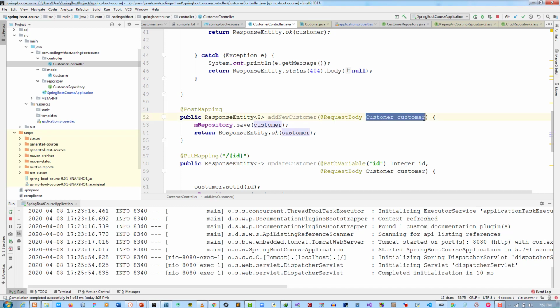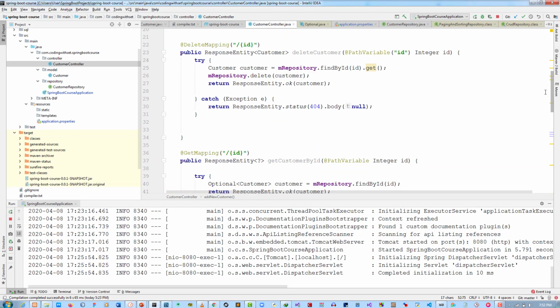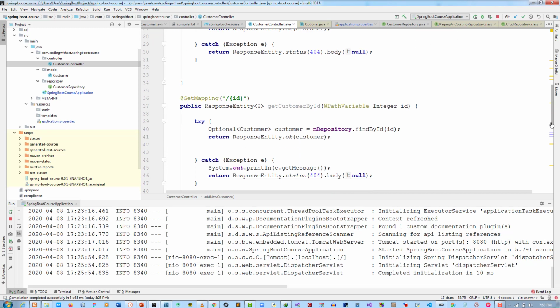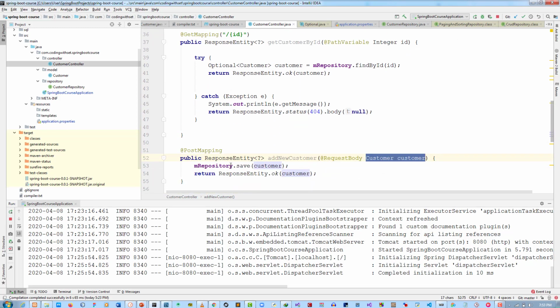If I want to add a new user, I must provide this information in my HTTP body. If you observe, you can see that for this I'm using DeleteMapping, for this I'm using GetMapping, and for adding a customer I'm using PostMapping. And what I'm doing here is, if you observe this method